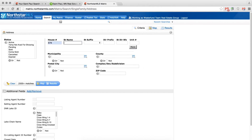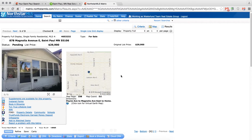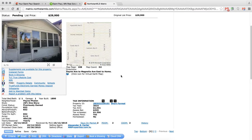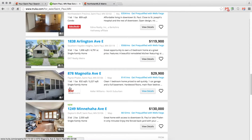So 788 Magnolia. This home actually already lifted all the contingencies, and now they're moving towards closing, meaning that they already performed their home inspection, they already performed everything that they wanted on the offer, and now they're just waiting for it to close. So why is it that in my system I can show that this home is no longer accepting any other offers,